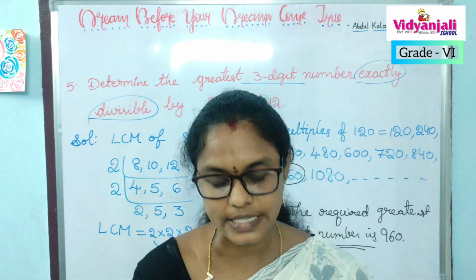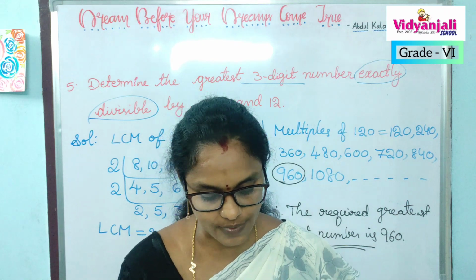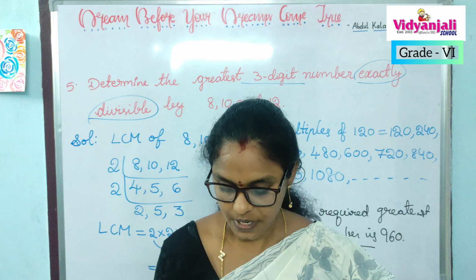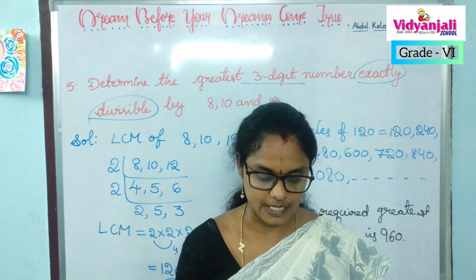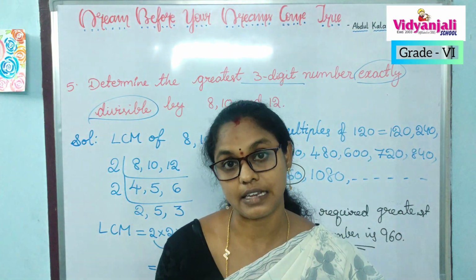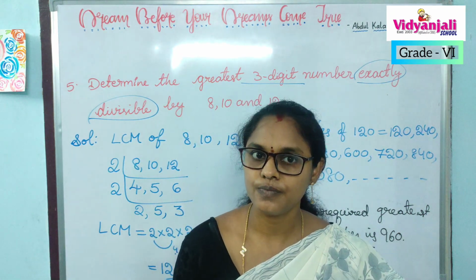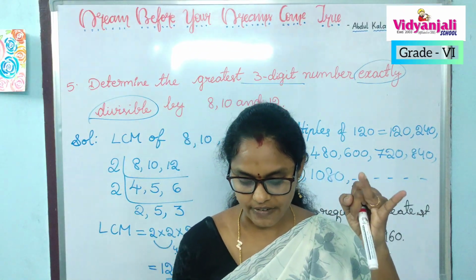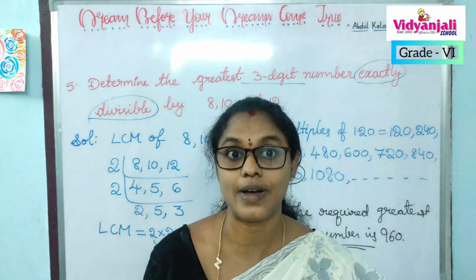Today's homework is 3rd and 7th problems. I will detail you in a short manner. See that. What is the third question? The length, breadth, height of a room are given. Length is 825, breadth is 675 and the height is 450 centimeters respectively. Find the longest tape which can measure these 3 dimensions of the room exactly. What's the keyword? Longest. So what to do? HCF. So we have to find the HCF of 825, 675 and 450. Then that will be the longest required tape.